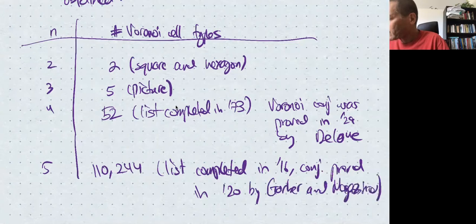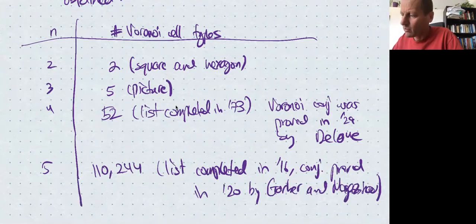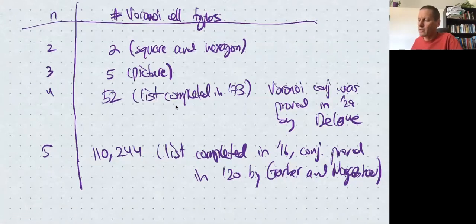Some of you may know Magazinov. He was a postdoc at Tel Aviv and worked on this while he was here, and he went back to Russia 2 years ago. So what I said was a little bit not accurate. In dimension 5, first the list of all parallelohedra was completed, in 2016. Then it was verified, by Garber and Magazinov, that all of these parallelohedra are actually